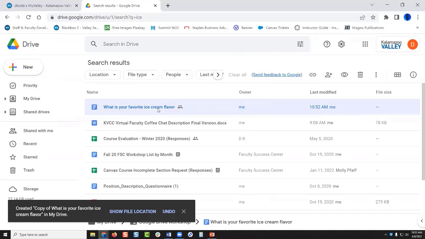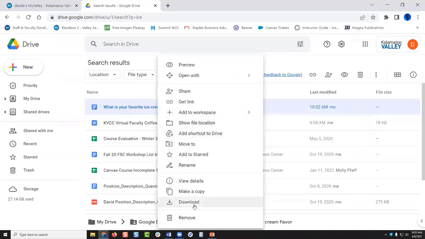No. Okay, that was my thought. So you might have to download it. And then once you've downloaded it, it should be your file and you should be able to make changes. And then once you've made your changes to the downloaded version, you can upload it back to the Google file. Does that make sense? Yes, yes. Or you can ask the person who owns it to change your permissions. If they really need you to be able to edit it, then they can just give you editing permissions. Okay. Yeah. Thank you. Mm-hmm. Good question.